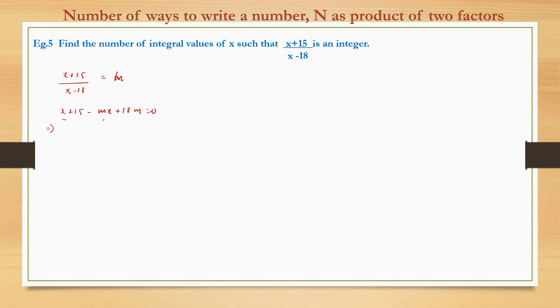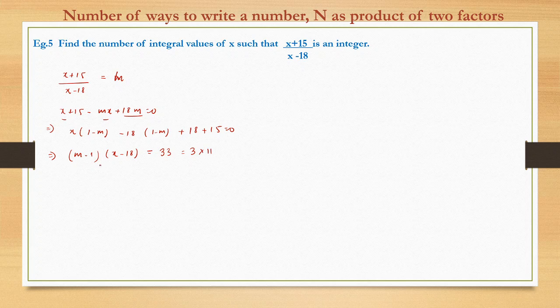So here in between these two terms we will take x common, it becomes (1 − m)x, and similarly we have one more (1 − m). So now we have 18m and −m, so it should be −18, right? We are getting an additional term of −18, so we write +18 to neutralize this, and +15 we have here, so this is added. So basically we got (m − 1)(x − 18) is equal to nothing but 33, which is 3 into 11.